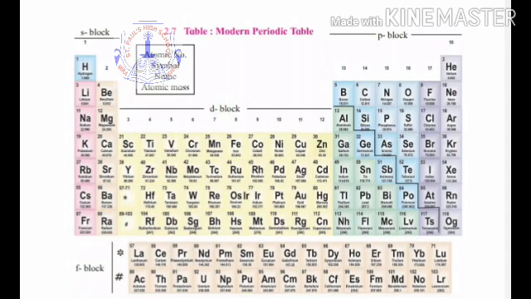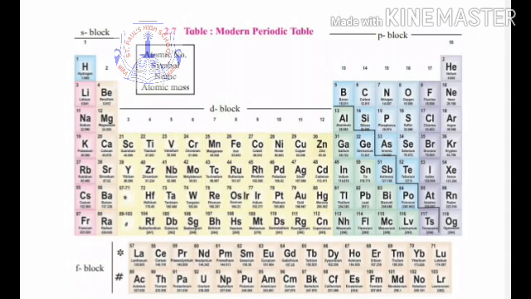Then you can see one zigzag green line running in between. This is called the zigzag line of the periodic table. It is very famous because this zigzag line carries the metalloids. Metalloids, you know very well, are the elements which are intermediate between a metal and a non-metal. They have properties which resemble partly a metal and partly a non-metal, so they have been given a place in the periodic table. The metalloids are boron, silicon, germanium, arsenic, antimony, tellurium, and polonium.